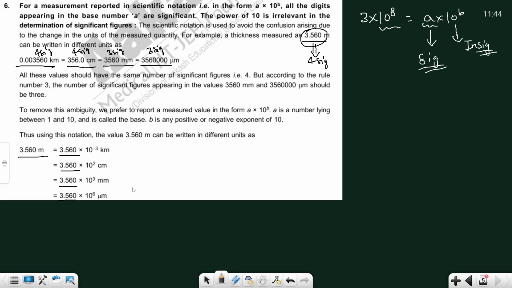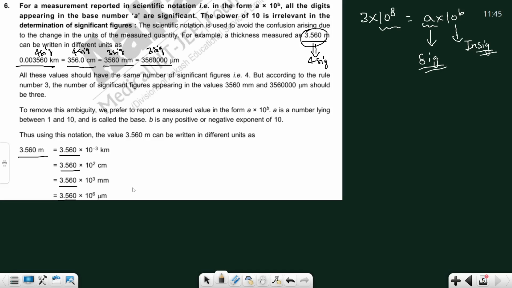If you are getting some value, it has some significant figures. If you convert that digit into a different unit, you will get different significant figures. Then you write the answer in the original form and take it to 10 to the power plus or minus, depending on the unit you are converting from and the final unit required in the options.